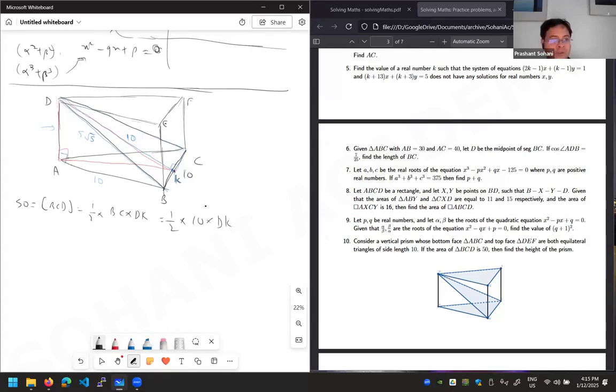Okay, so therefore you see that DE will be 10. Okay, so we found the length of DE, and I am interested in the height of my prism. म्हणजे मला AD काढायची, right? So I need to find some Pythagoras like triangle, right angle triangle, ज्याच्यामध्ये AD पण इन्व्हॉल्ड आहे आणि some other length. So आता हर्षदनी सांगितलं तसं you can either find BD and then do Pythagoras in triangle ABD, or alternately